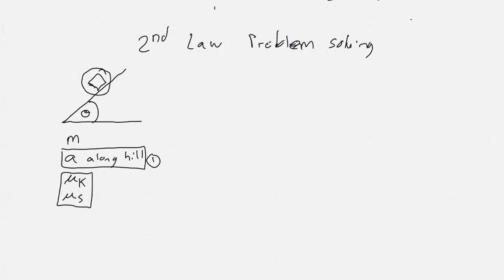In this case, I'm only seeing the circle intersect with the hill. So that means I can only get contact forces from the hill. The hill is a surface. So my type of contact is only a surface. So I have a surface contact. And immediately I can recall my catalog of forces and say, okay, surface contact can lead to a normal force and a frictional force. And they will both be as big as needed